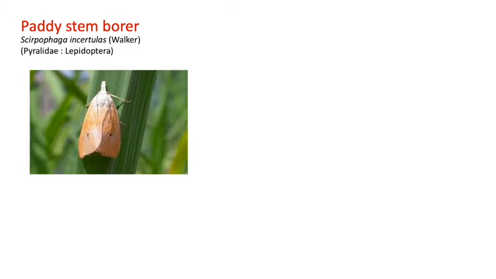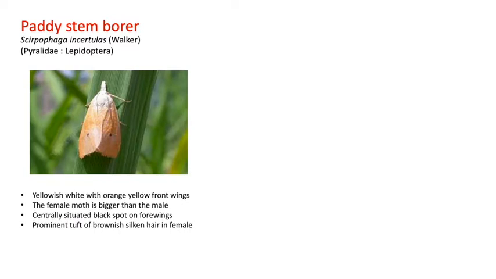The onset of flooding and stem elongation provides a more favorable environment for stem borer. The rice stem borer, Scirpophaga incertulus, infesting the plant from seedling to maturity, is one of the main problems and yield limiting factors in the rice fields. The yellow stem borer is widely spread across the country and is far more abundant than any other species.